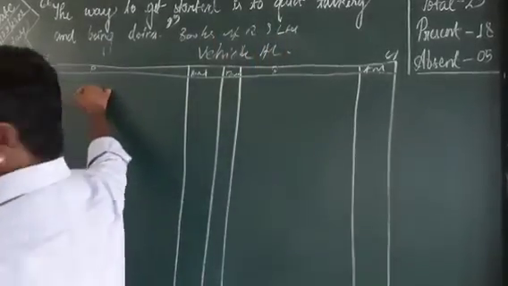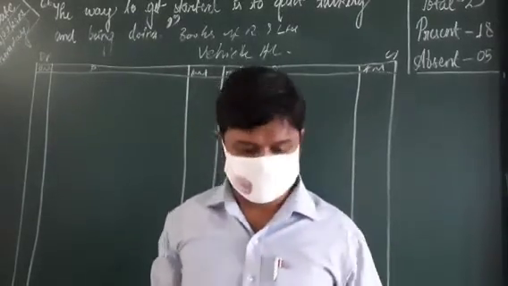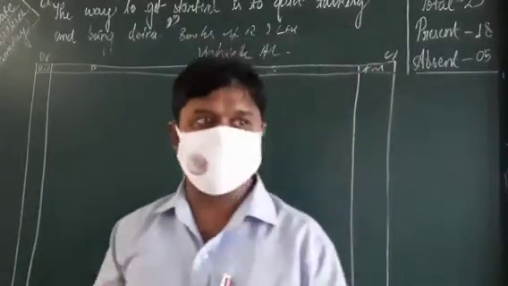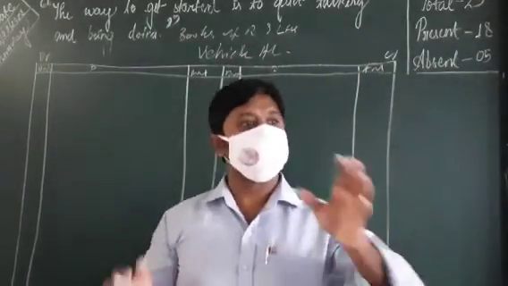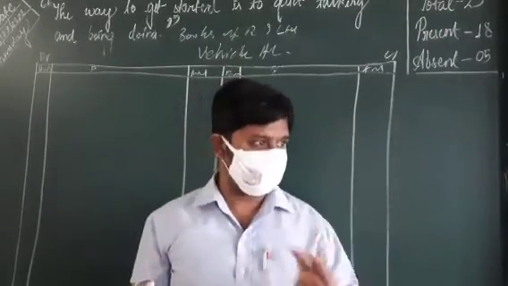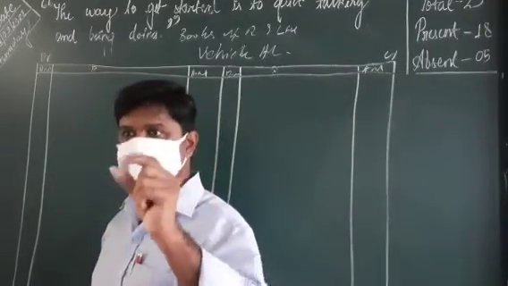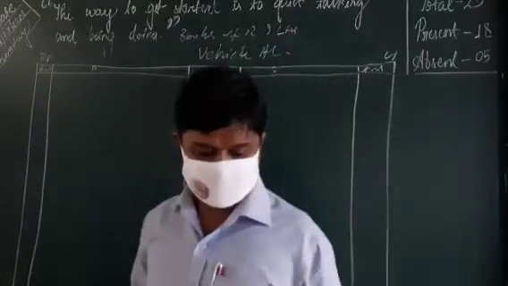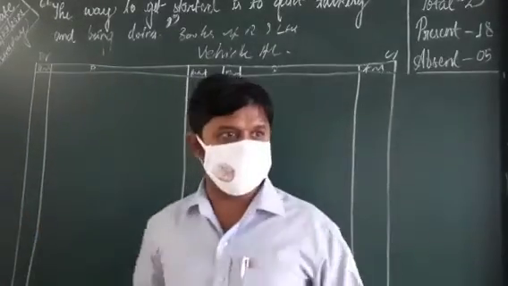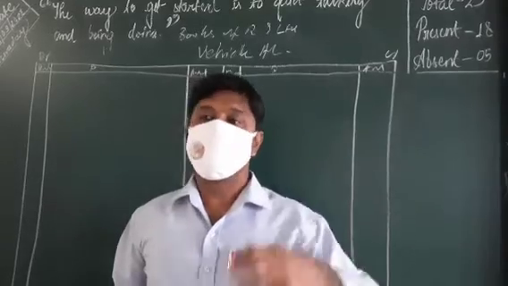Vehicle account. First, when we purchase the vehicle, what journal entry do we pass? Actually the date is not given, so we write the first year. That means we assume this vehicle is purchased on the first day of the year, when the year is starting. Since the date is not given, we assume that. You can imagine that journal entry in your mind.